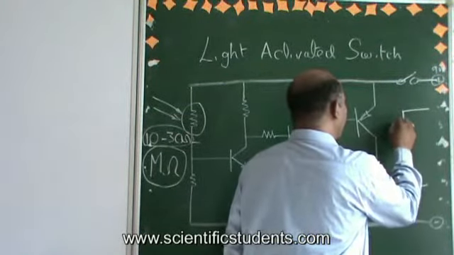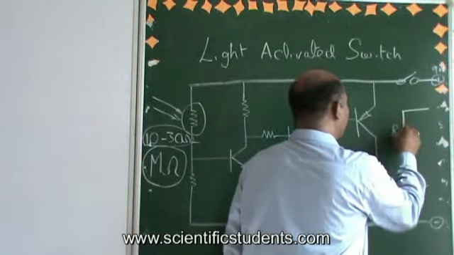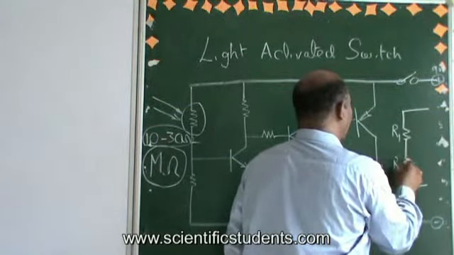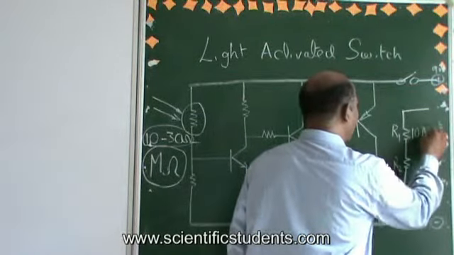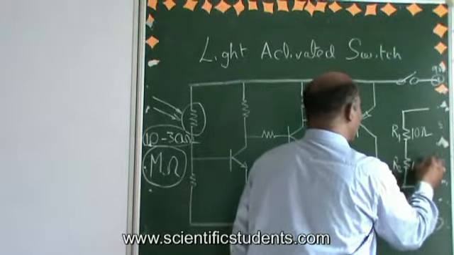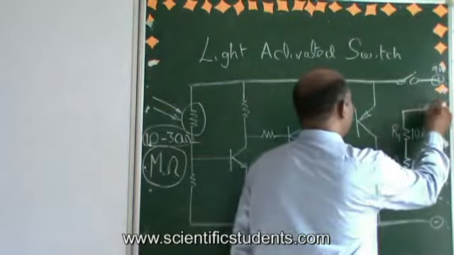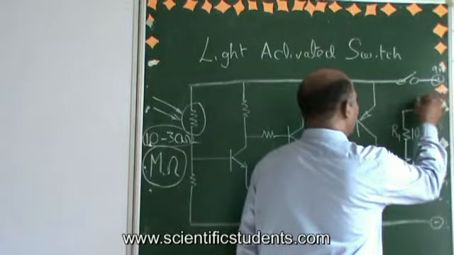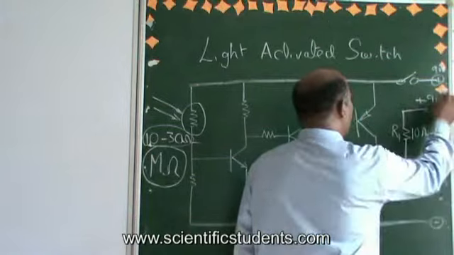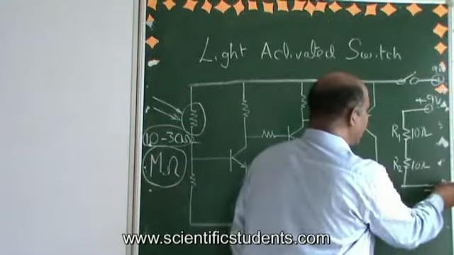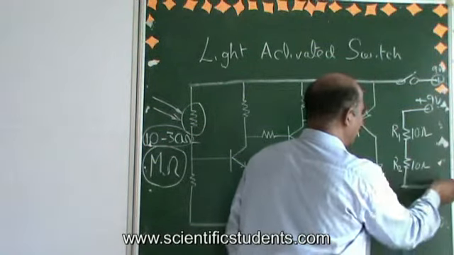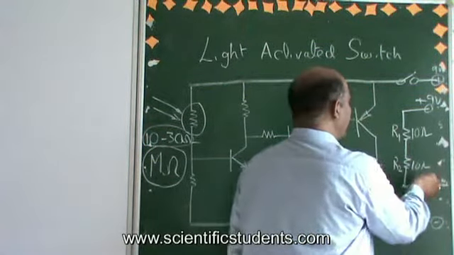This is, suppose, R1, this is, suppose, R2, for example this is 10K or 10 ohms, or this is 10 ohms for example, okay? Then here it is, suppose, plus 9 volts, and it is negative. Always we measure the voltage with respect to negative, yes or no? With respect to this negative only we measure the voltage.